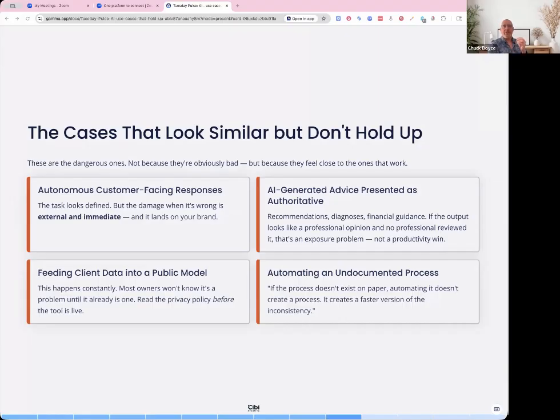And so another one is AI generated advice being presented as authoritative. That one is an interesting one because of the way that large language models, the LLMs, work: they're there to sound confident, and they're there to be sycophants.